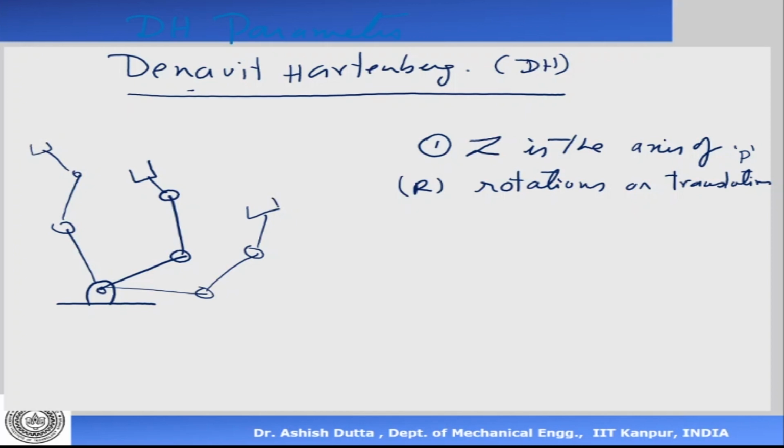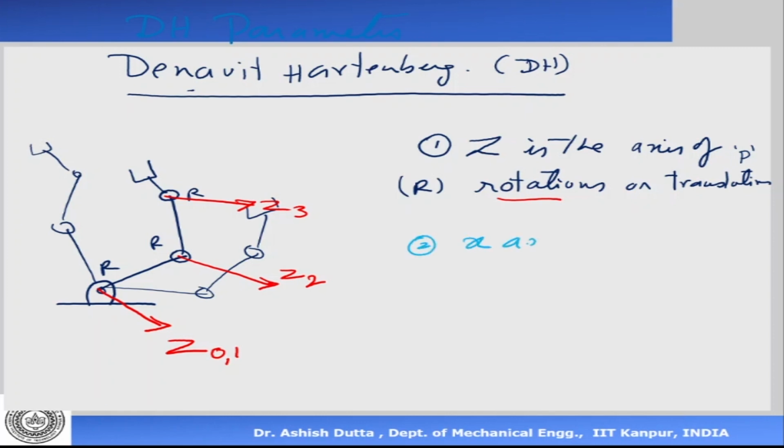But it is always on the plane, right? So this is a revolute axis, that is also a revolute axis, and that is a revolute axis. What does this mean? The axis of this revolute joint is pointing out of the plane. So the z-axis is the axis of rotation or translation. In this case it is rotation, so the z-axis will be like this. This is my z-axis, that's my z-axis, and that's my z-axis. They're all pointing out. So this I can call Z0, the reference frame which is not moving, and the first axis which is connected to the first joint is 1, second one is 2, and third one is 3. That's rule number 1.